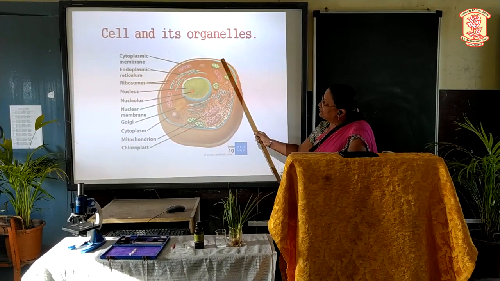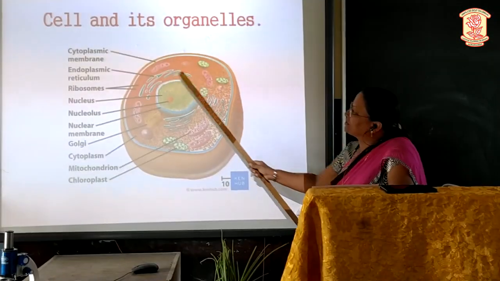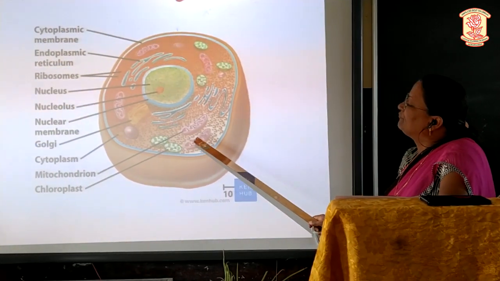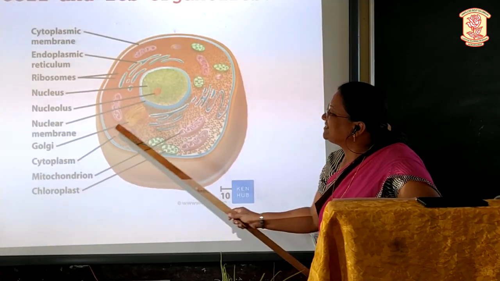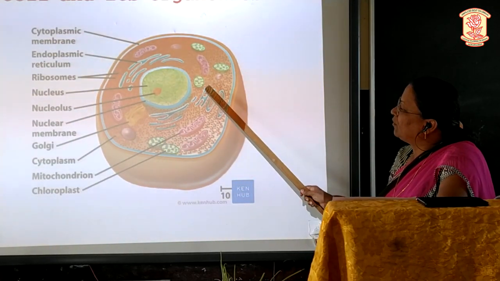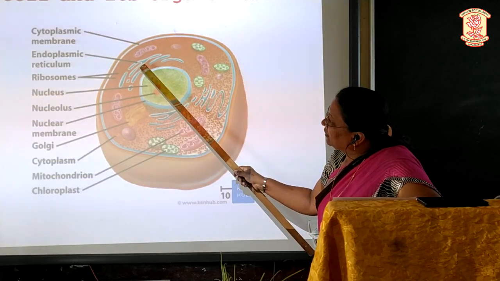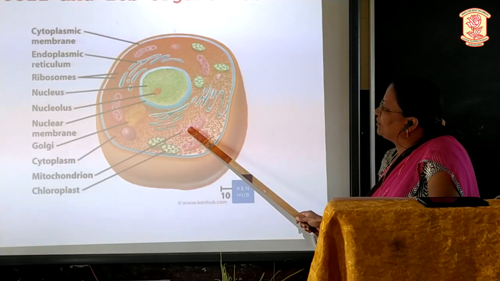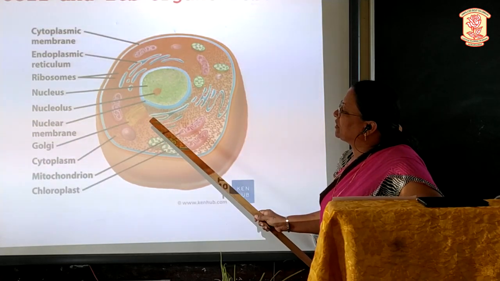Now, if you look into this figure, the outermost covering of this cell is called the cytoplasmic membrane. Inside this cell is a semi-fluid which is called the cytoplasm. In the cytoplasm are embedded different bodies which are called the cell organelles. For example, the endoplasmic reticulum, the Golgi bodies, the mitochondria, the chloroplast, all the cell organelles which are present in